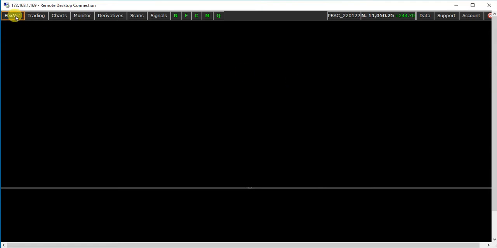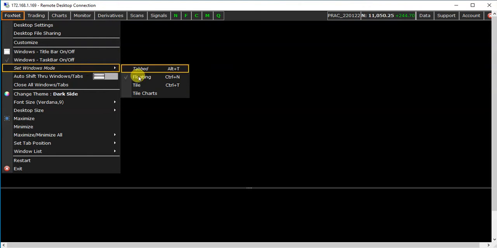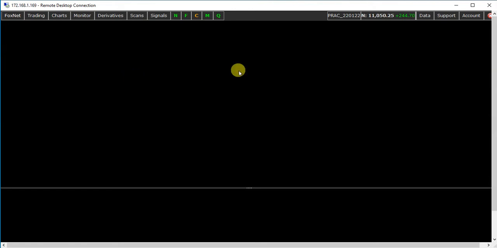Now just move to the Foxnet or Fox Trader menu again, and then go to the set window mode and choose floating. By default it will be on tabbed view, but we have to select floating mode. Okay, now